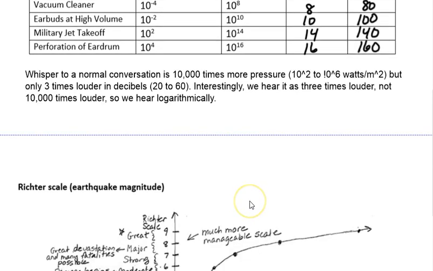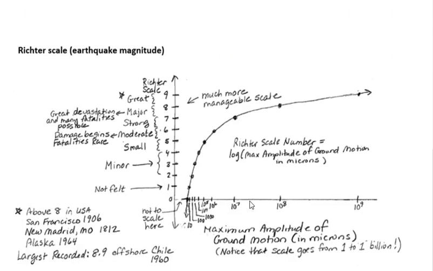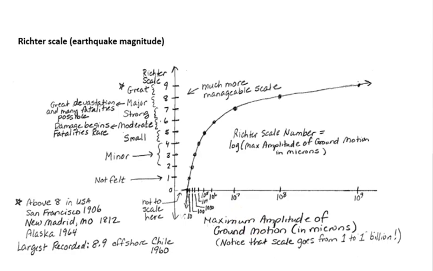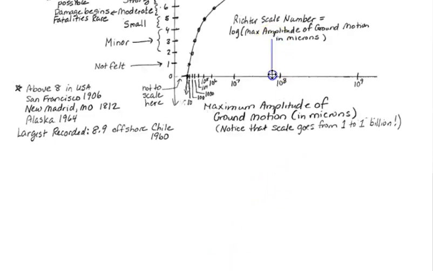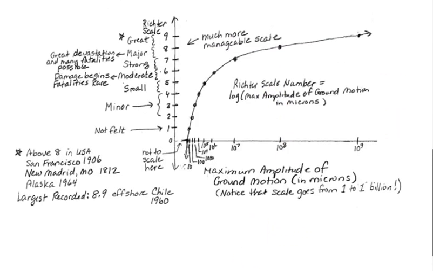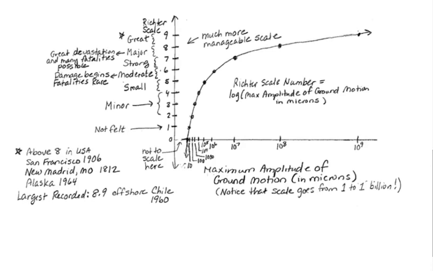Okay, so now going on to the next example, and actually our last example. It's the Richter scale. The Richter scale is a scale for measuring earthquake intensity. Once again, intensity is not measured in a linear scale. This is a logarithmic scale because